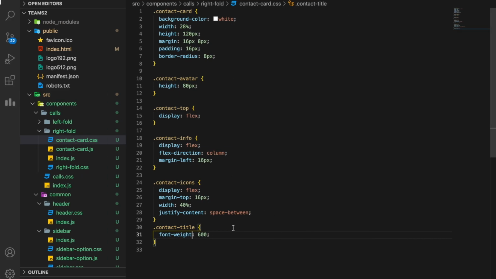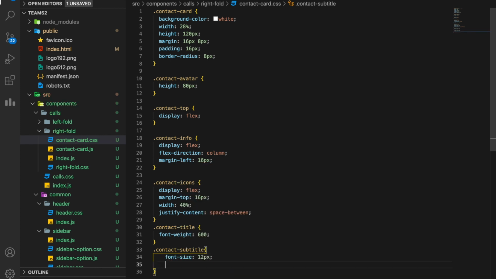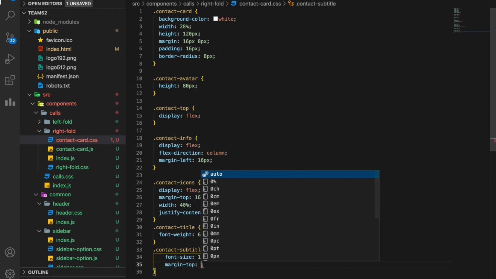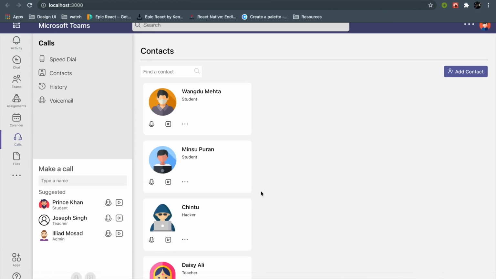Yeah, it looks slightly bold. And for the subtitle, I need a font size of 12 pixel, and a margin of, vertically I want 6 pixel, and horizontally I want 0 pixel. Perfect. Now everything is done.